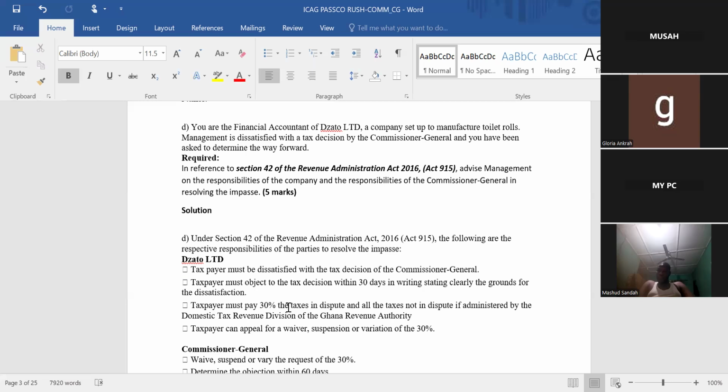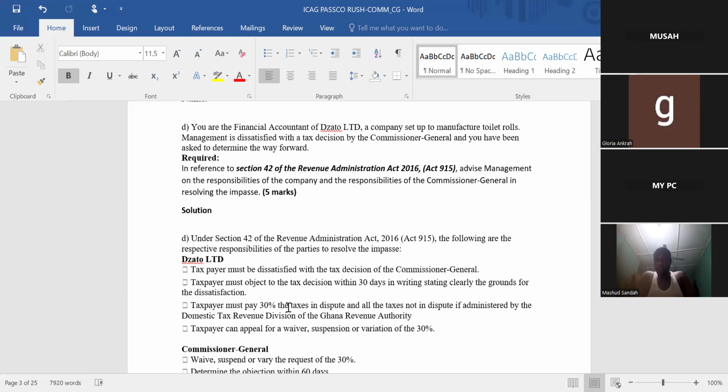So now, Section 42 talks about the objection. The law says that if the Commissioner General assesses you and you are not okay, you are dissatisfied with the Commissioner General's assessment, the law gives room to object. Now, quickly, I'll go through the structure of how you can object before we look at the conditions. If you want to object to the tax decision of the Commissioner General, first of all, you have to write to the